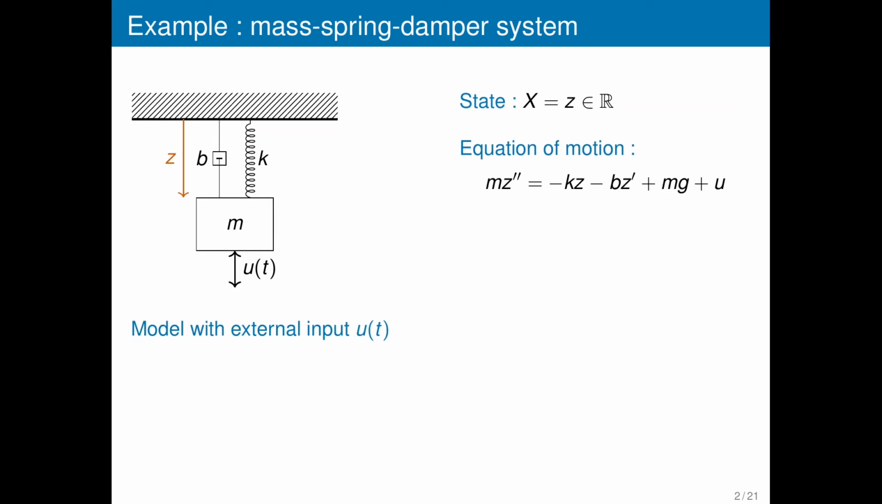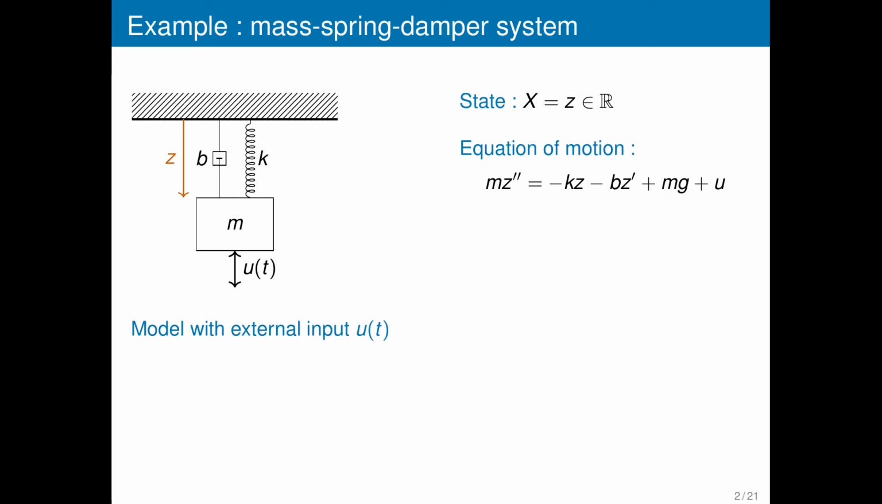Let me motivate the problem with a simple example coming from physics, where we attach a mass m to the ceiling by a spring k and a damper b. We denote by z the distance between the ceiling and the mass, and we apply some external force u to the system. We can write the equation of motion by using Newton's second law, and we obtain a second-order affine